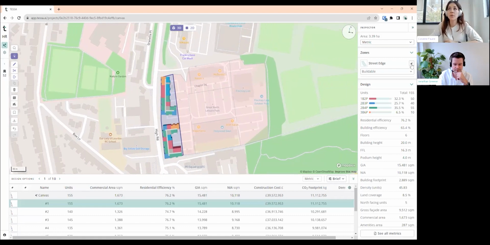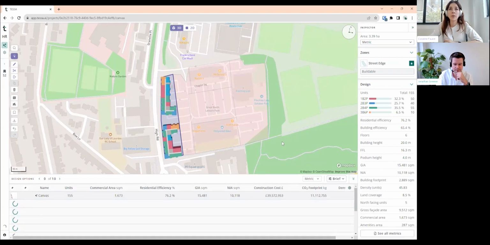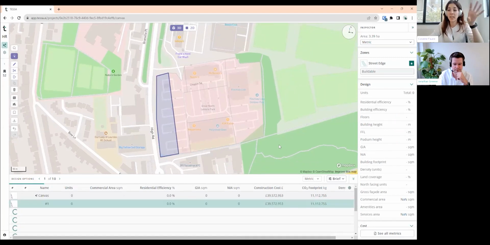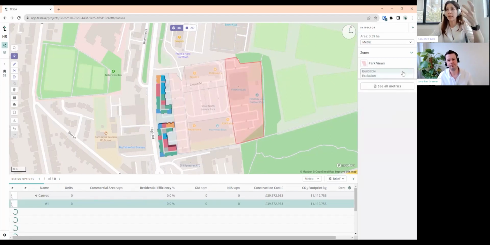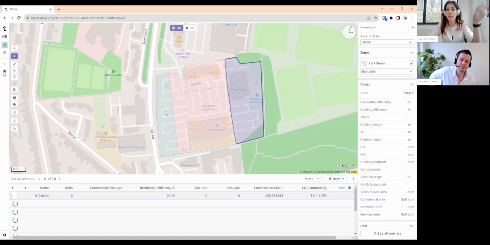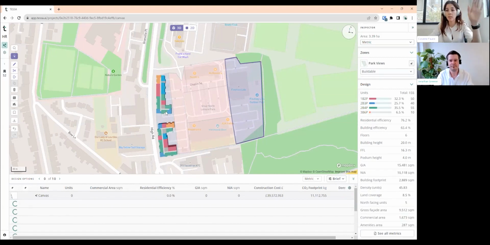So what I'm going to do is lock the zone, and that allows me to fix the building layout on this particular zone and then to move on to iterate on another zone. So I don't have to worry about this anymore. That's great. Now I'm going to move on to the park, to the zone